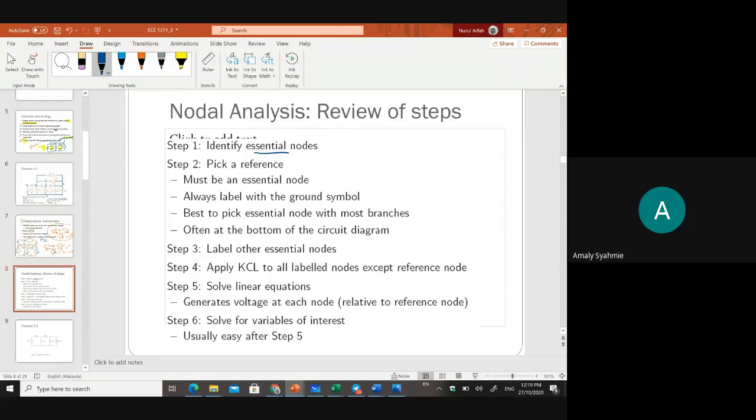A point that connects with three or more branches at a single point. So you need to understand at least 3. First, you choose with the most